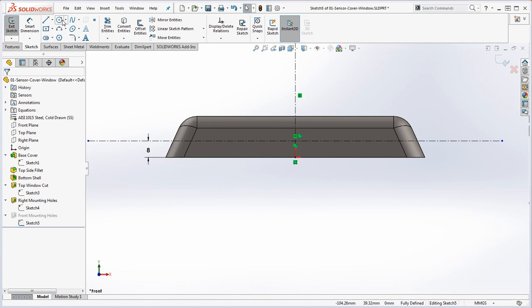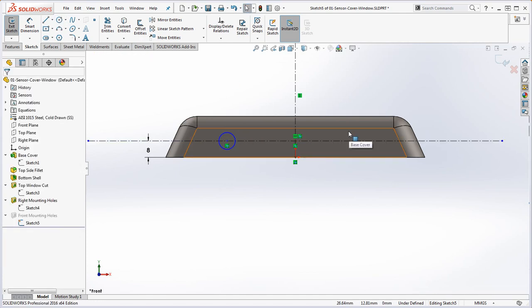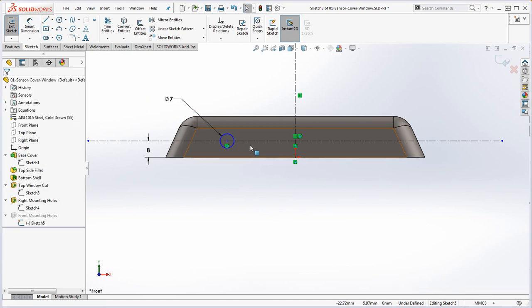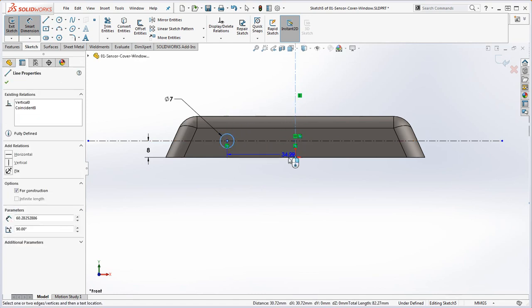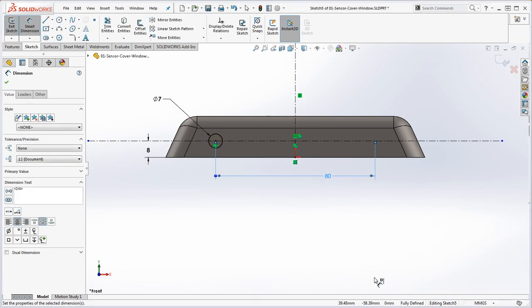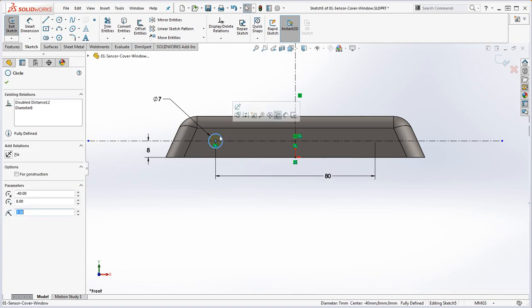So now we're going to put in our hole. We're going to put a hole over here on this side. Each one of these holes is going to be 7 millimeters. So we're going to put a smart dimension in that. We're going to make that 7. Now we want to define that hole to that center line. So we click on the circle, not the center of the circle, but the circle itself, and that center line. And remember, this is a dimension, but that's a double dimension. That's kind of what we want. We want to make sure that goes off to the other side. The value of that is going to be 80 millimeters. So now we can take this hole down to this fully defined with all those dimensions on it and a reference